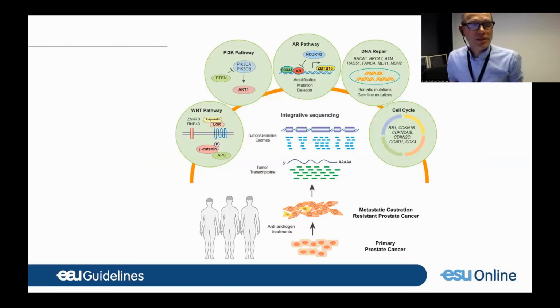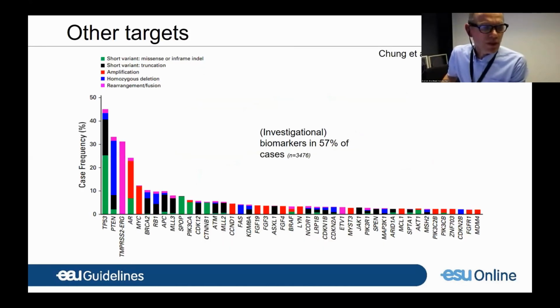The next slide is again data from Robinson showing that there is more on genetics in patients with metastasized prostate cancer than PARP inhibition. So the interesting question is, can we combine? We have already seen that the PROpel and MAGNITUDE data combine AR inhibition as well as DNA repair PARP inhibition. But what about other pathways that may be combined with PARP inhibition in order to increase the efficacy? And one of these pathways is the